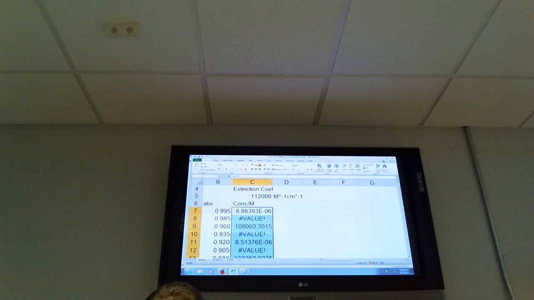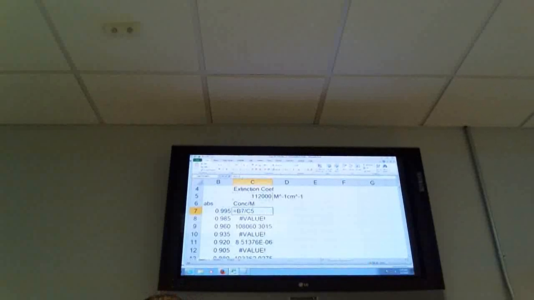What happened? When I look at the formula, I click on this and I can see what the formula is here. It's B7 divided by C5, which is correct. But when I go to the next cell and click on the formula, it should be B8 divided by C5. What happened was it dropped down 1. I don't want C to change, but I want B to change. And so how can I make it so that C